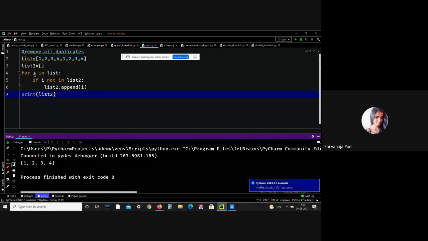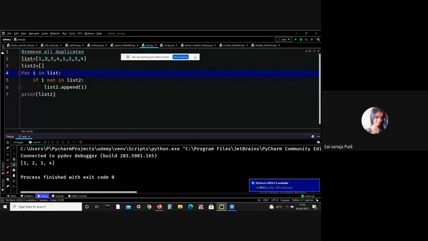Here, for i in list means for the first element 1 in list, and if i not in list2 means 1 is not in list2. List2 is an empty list, right? So 1 is not present in list2, so I am appending 1 to list2, and after that it again goes to the for loop.